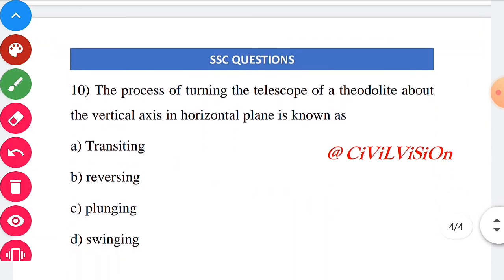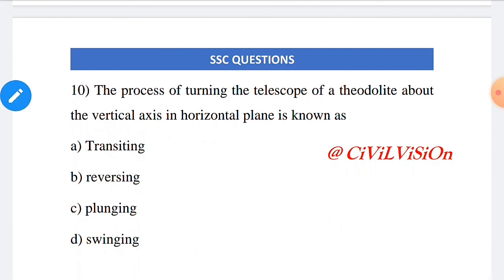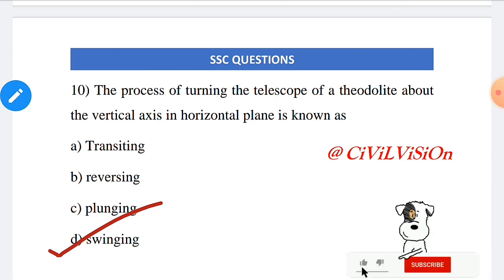Tenth one. The process of turning the telescope of a theodolite about the vertical axis in the horizontal plane is known as swinging. Therefore, the correct answer for this one is option D, swinging. Whereas the process of turning the telescope of a theodolite about the horizontal axis in a vertical plane is known as transiting, reversing or plunging. Here the question is about the vertical axis in the horizontal plane. Therefore, the correct answer for this one is option D,